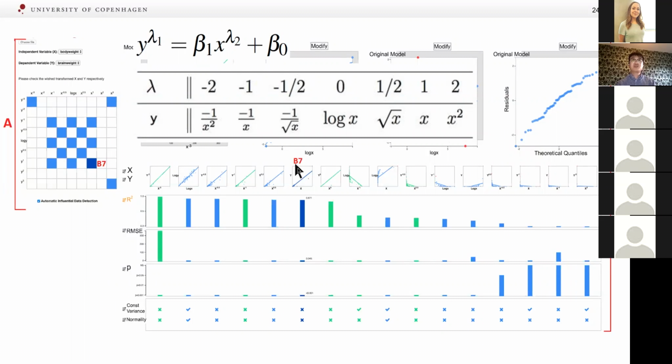As you can see in View B, each column represents a model, which corresponds with a grid cell in the transformation matrix in View A. For example, when a mouse is over a column, all related information is highlighted in dark blue, including the grid cell in the transformation matrix. View B allows users to perform confirmatory data analysis. We provide R-squared, RMSE, also the p-value of the coefficient, statistics of variance and normality.